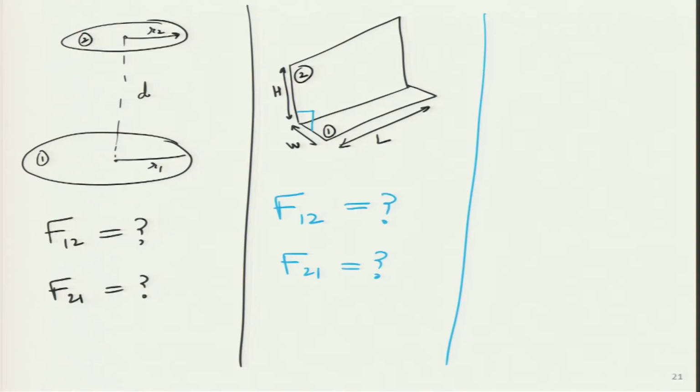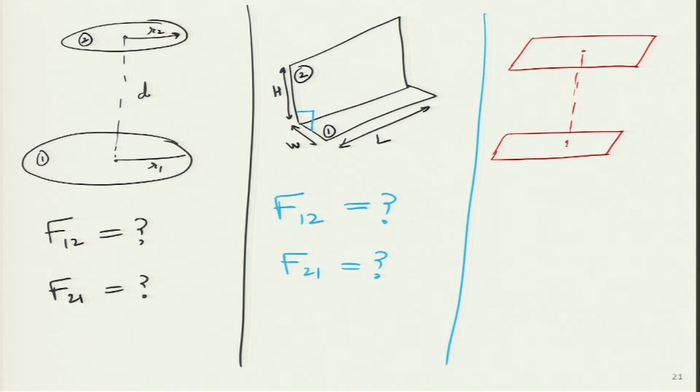Then there could be another geometry over here, which could be a rectangle on top, a rectangle like this, and it is having heat transfer with another rectangle over here. Both are on top of one another. So, this is surface 1, surface 2, I know the width, I know the length, I know the distance between them d, and the same thing over here. So, over here also I want to find out the value of F12 and F21.